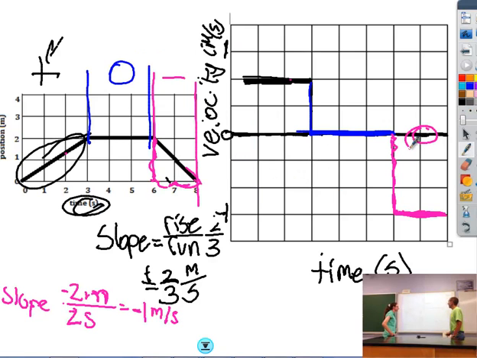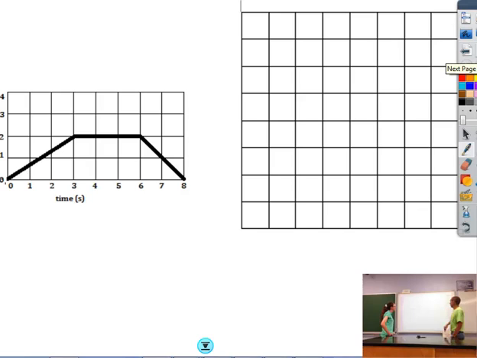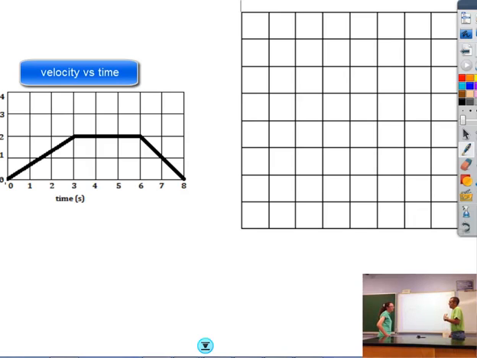Okay, all right, so now we're going to go the other way. We had this position graph. Now we're going to look at it as a velocity graph and see if we can figure out what our position-time graph is going to look like. But there's a problem, Mr. Auwerda. I don't know where you started. You don't know where we started, okay? So either the problem's going to have to say where you started, or it's going to be a general thing. So we're going to go ahead and say we start